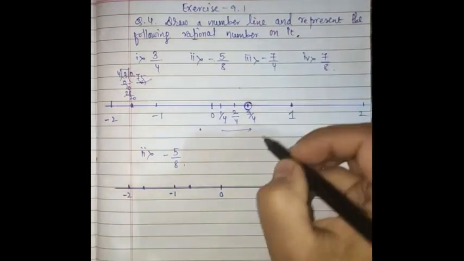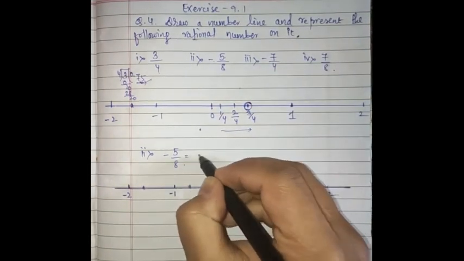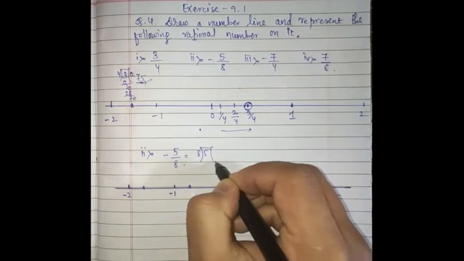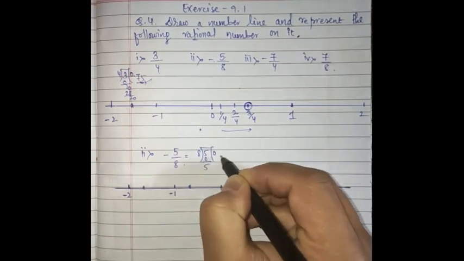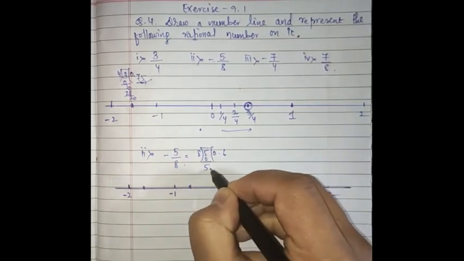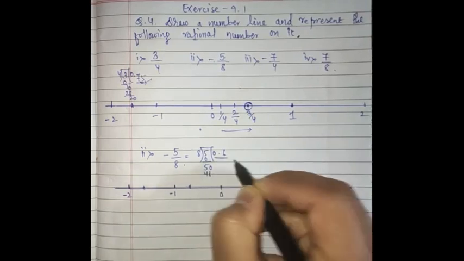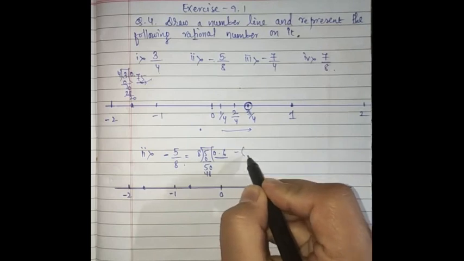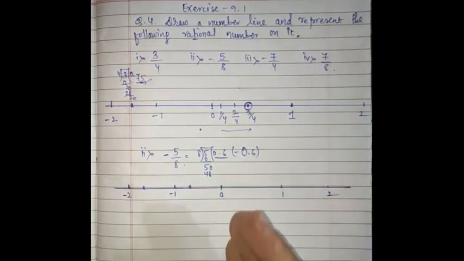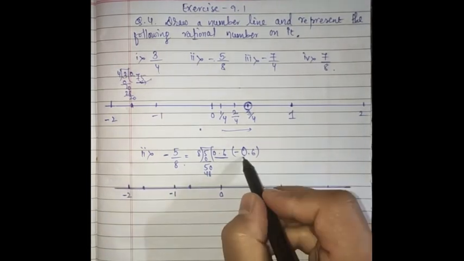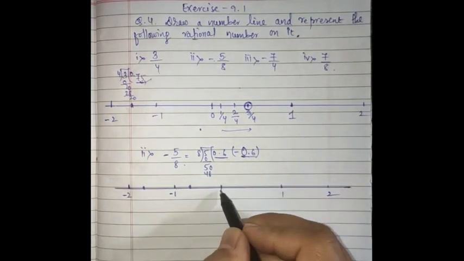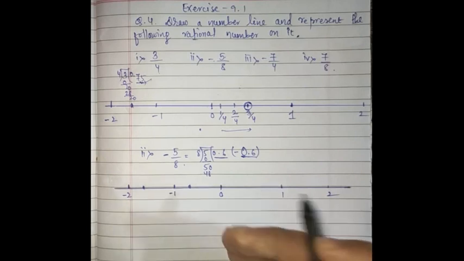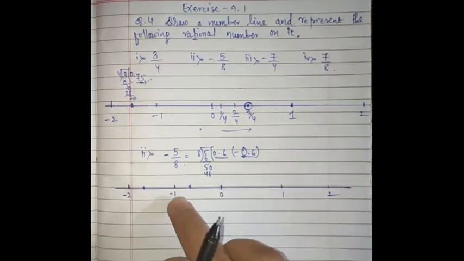So let us first make this clear, that minus 5 by 8 will be what? 8 6 are 48, at around say 0.6, but it is negative of 0.6, right? So it should be on the negative side. So 0.6 should be in between 0 to 1. That is not clear again. It should be in between 0 to 1.